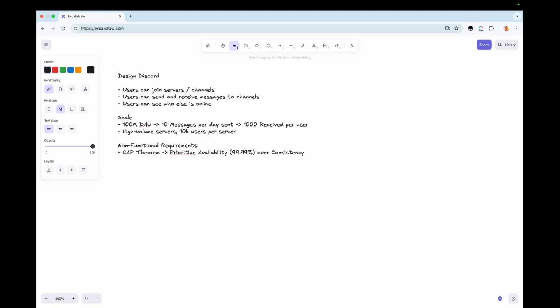We want to make sure that users eventually get their messages, but messages are unique per user. We just want to make sure that the user who's receiving the message eventually gets that message. We don't have contention between a message where only one needs to exist. So we'll explicitly call out that we're going to be using eventual consistency.